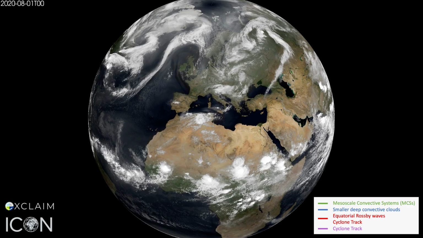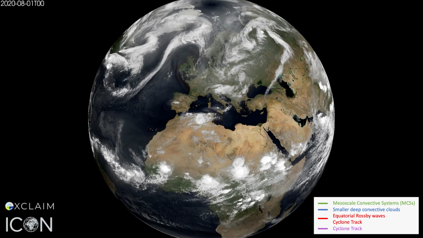What I'm showing you here is a screenshot of a simulation that we did with the ICON model. We have a big project at ETH called Exclaim, where we modernized the code of ICON to efficiently run on the Alps supercomputer at CSCS, which is one of the biggest supercomputers on the Earth, using GPUs. It's a very efficient setup, and we're now able to run this configuration at 2.5 kilometers globally. And we have done this for 4 years as a demonstration here.